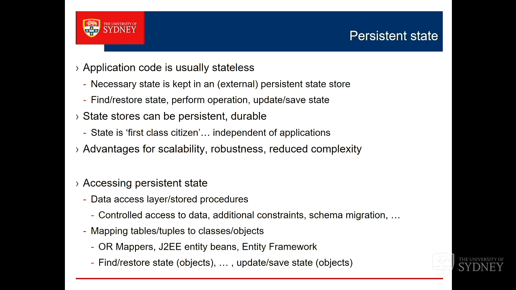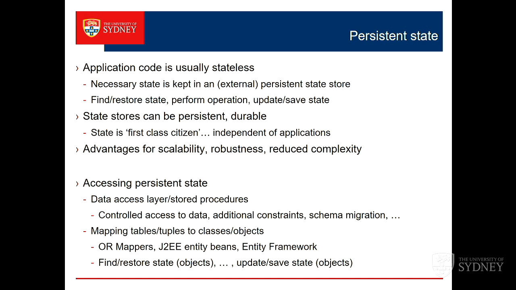But it's going to control access to the data, provide additional constraints, help with little problems like schema migration. Oh, this application was written against version 1 of that particular entity schema. I've now moved to version 2, but I want to hide that completely from the application, so it goes and accesses an intermediate object, which is hiding the reality of the data from the applications. And of course, a good query language will also do that for you.